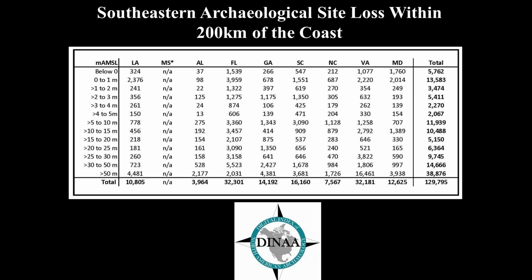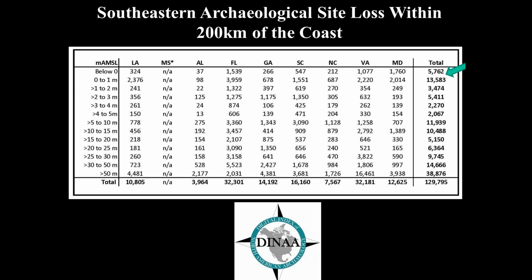Projected sea level rise within the coming century, as well as in the centuries after, will result in the loss of a substantial portion of the record of both pre-contact and historic human habitation of the coastal margin. This information, by the way, is available in the published paper, and these tables will be available to those requesting this talk afterwards.